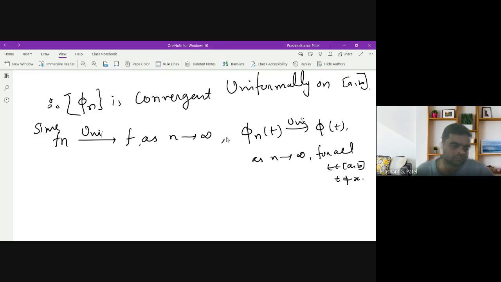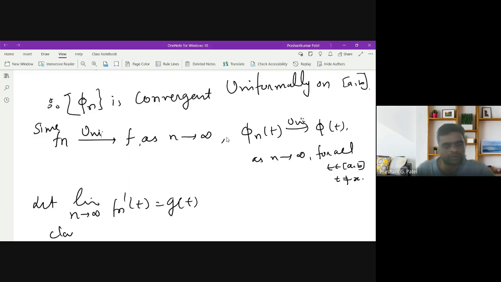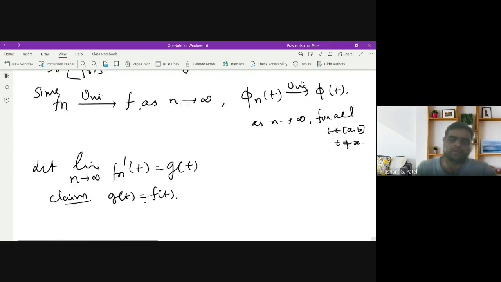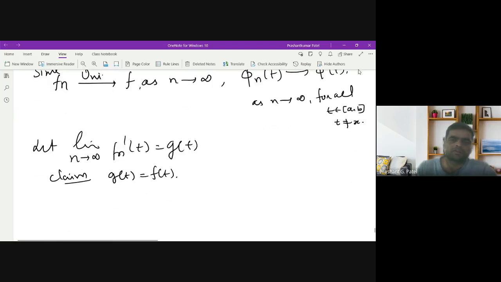Our objective is to prove this limit will be f dash of t. So let us consider limit n tends to infinity fn dash of t equal to g of t. What is our claim? Our claim is to prove this g of t is same as f dash of t. This is our objective. And since the limit of this phi n is equal to phi of t,